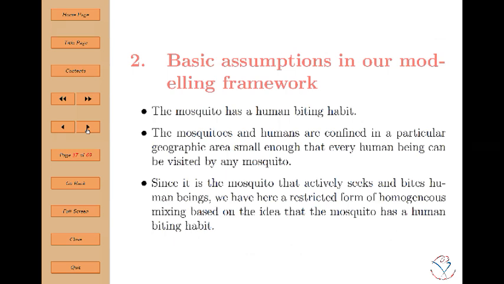In other words, it's a habit that has to happen. We assume that the mosquitoes and humans are confined in a particular geographic area small enough so that every human being can be visited by any mosquito. This is a very weak assumption, and it is almost untenable, but it translates to the fact that since the mosquito is the one that actively seeks to bite humans, we are trying to model a form of homogeneous mixing based on the idea that the mosquito has a human biting habit. And so it's a homogeneous mixing, but it is directed by the fact that the mosquito has a human biting